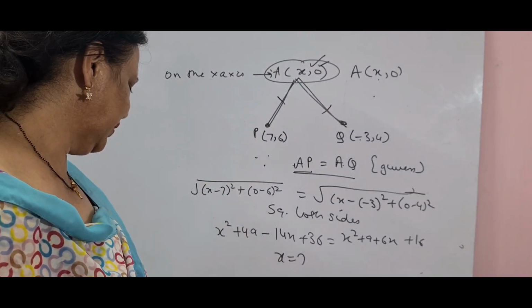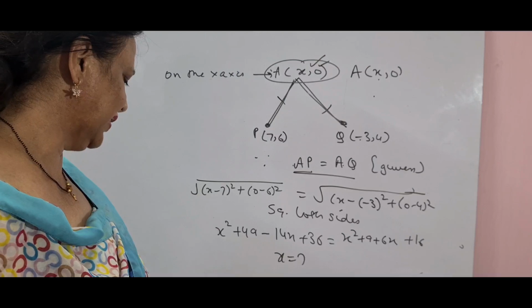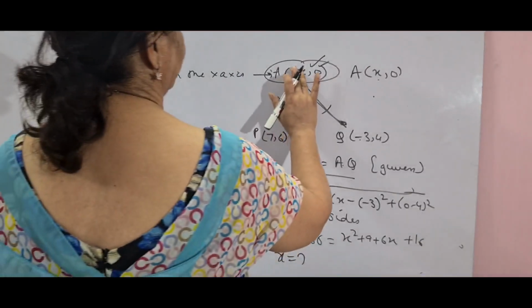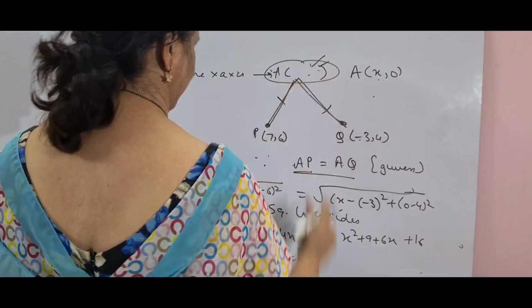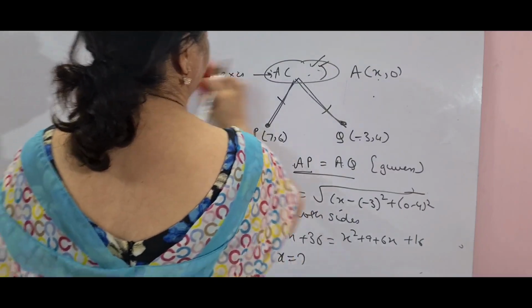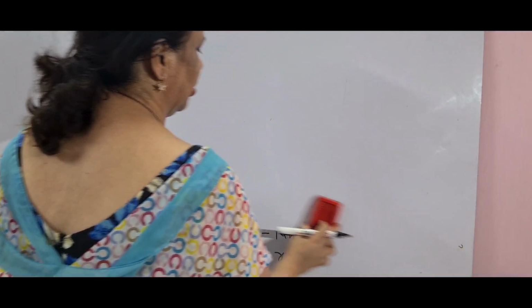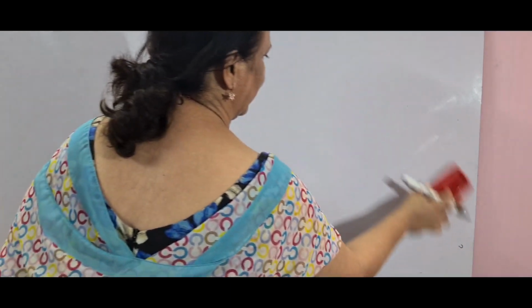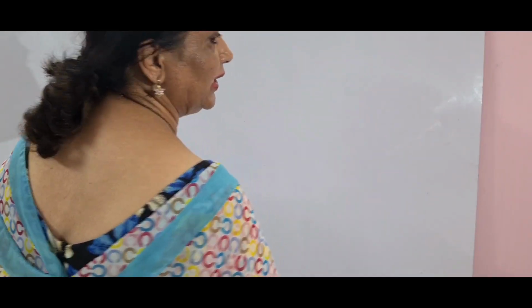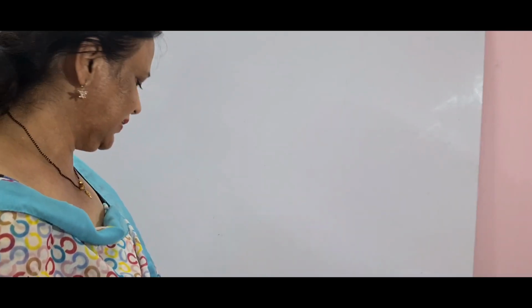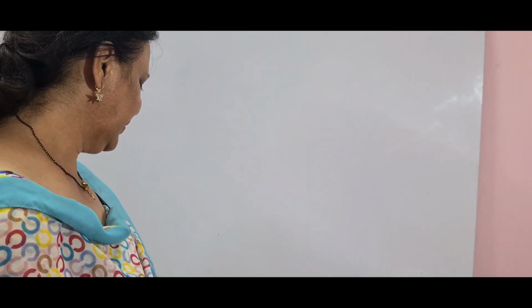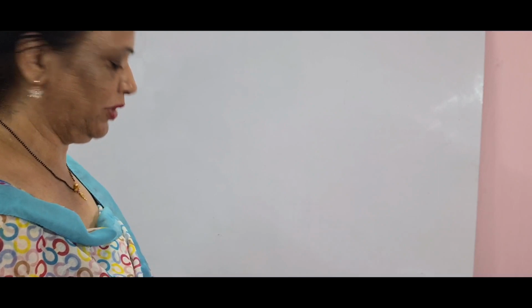Similarly is question number 9. This is a point on the y-axis. So there is just a little difference over here: you will take 0 comma y for this question. Whenever the point is on the x-axis, it has to be taken as x comma 0, and whenever the point is on the y-axis, it is to be taken as 0 comma y, and the rest is the same. And the 7th, 8th and 9th questions are very, very important for the paper.